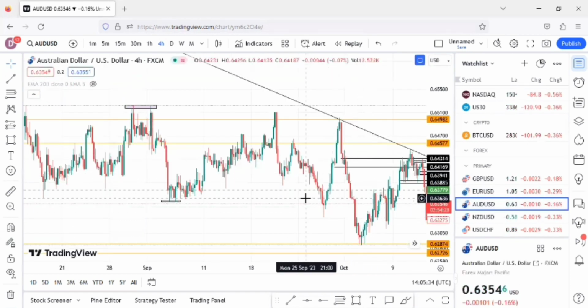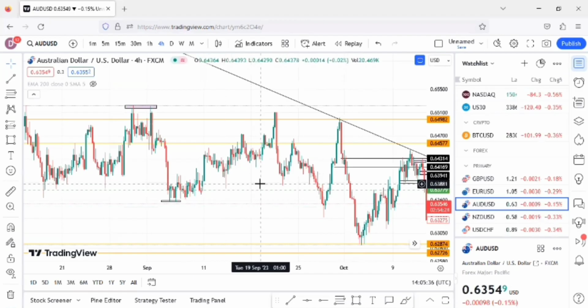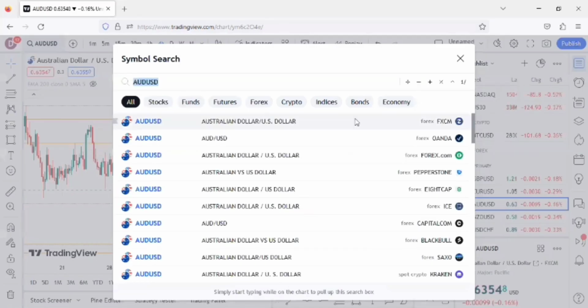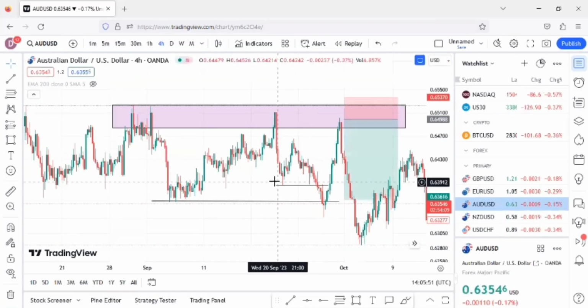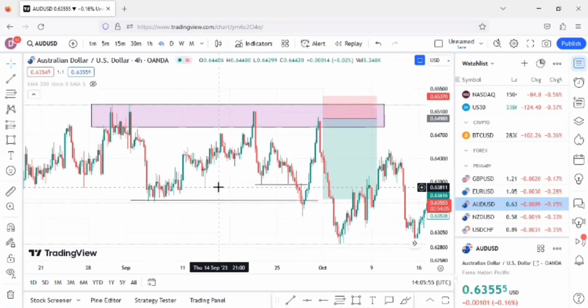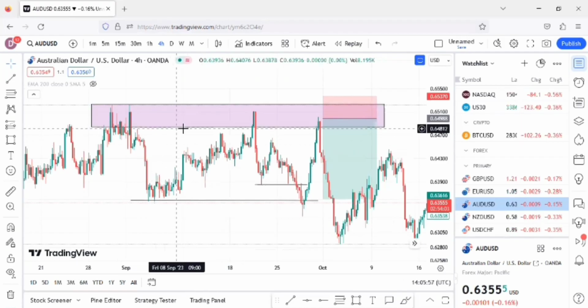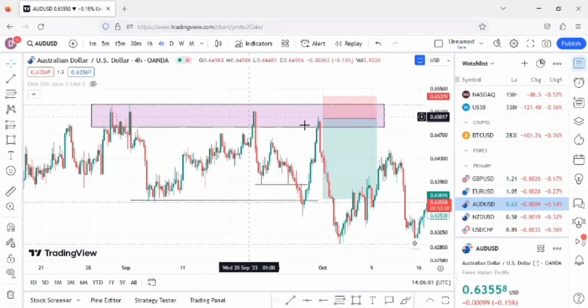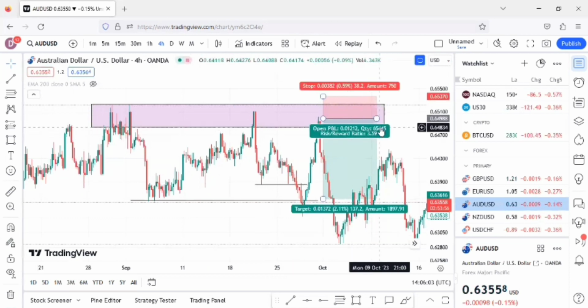Let me explain that on the AUD USD. If you look at this place, I am not going to take this one, some people will take this